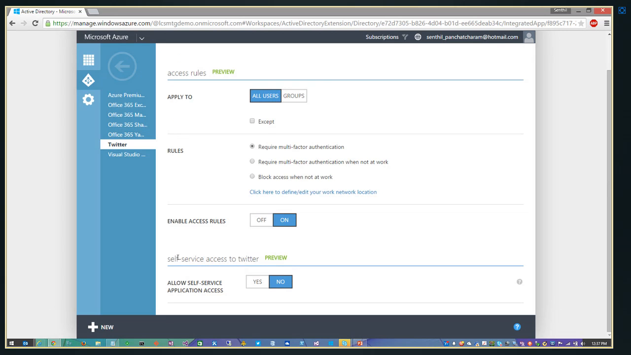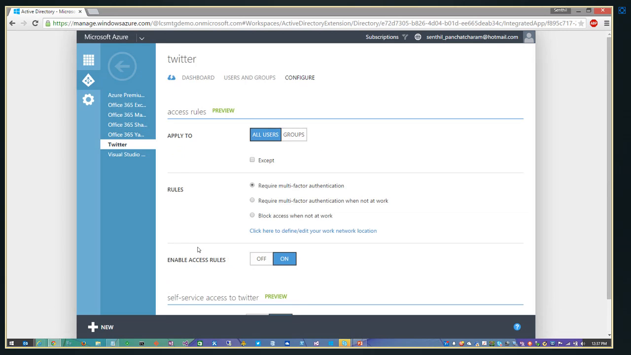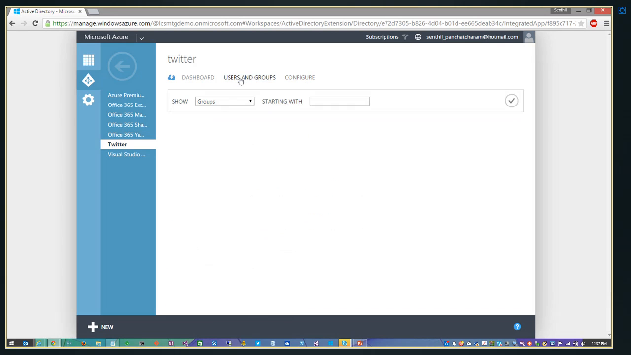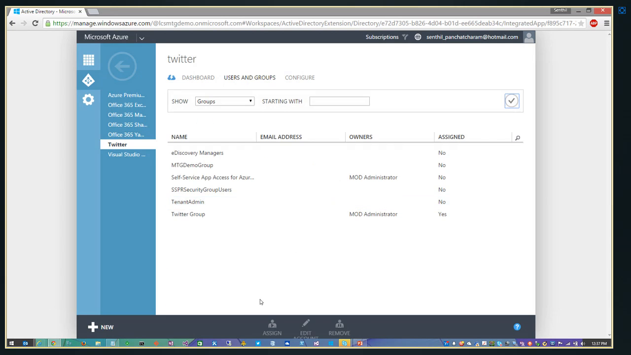I'll talk about that self-service access in a second, but let me just focus on this particular application for now. And here are the users and groups where you can actually add the groups that your particular application is set to. And you can see that the Twitter group that I showed earlier is the one that's allowed. Now let me go back to